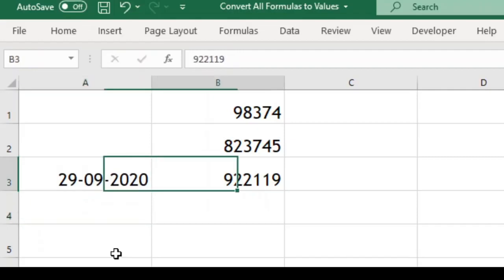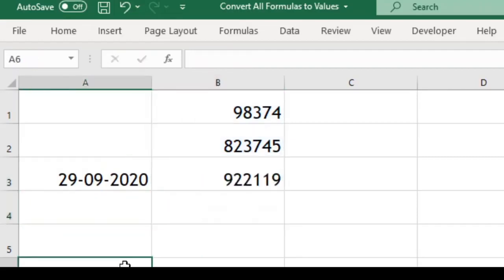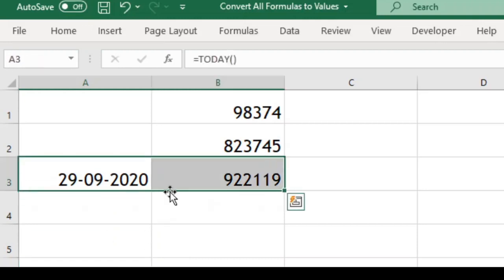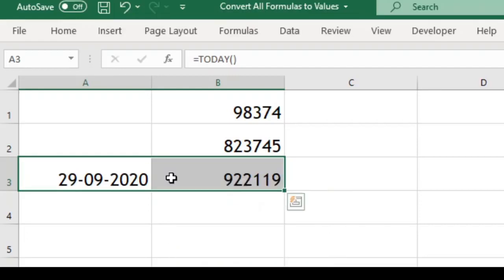Let me get these formulas back for the final time. The fourth way of doing this is with the mouse. First select both these formulas, then move the mouse to the border of the cell. When the icon changes to an icon of 4 arrows, right click the mouse and move to the neighboring cells and get back to the same cells again, and then release the right click button. A menu will pop up. Select the third option in the menu, Copy Here as Values, and we are done.